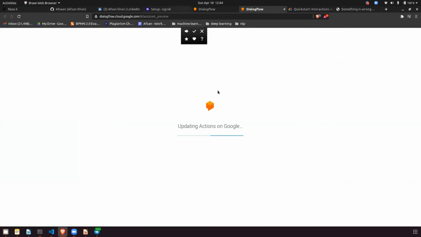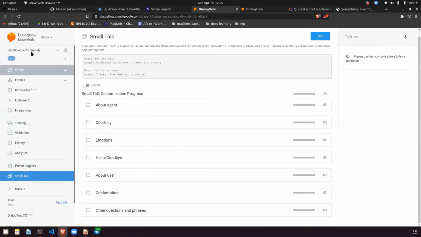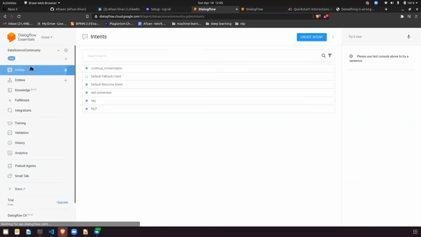It's taking time. Basically, my point here is that Rasa is not the only framework, you can go with Google Dialogflow also. I was creating one chatbot for my community, which I have on Telegram. This is that chatbot. If anyone has a basic query about my community on our Telegram account, the basic query will be answered by my chatbot if I'm not available. I was trying to build that with the help of Google Dialogflow. So n number of applications you can build with this. So you have Google Dialogflow.